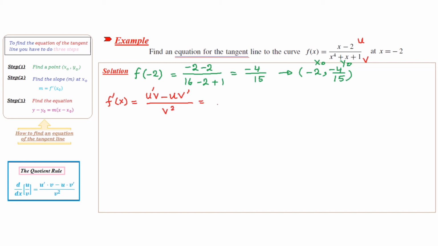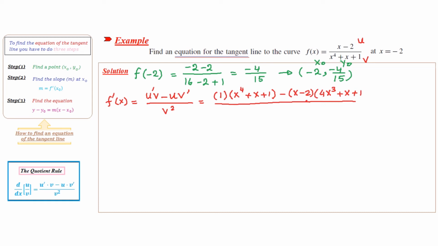And this equals u prime, the derivative of the numerator, which is 1, multiplied by the denominator x to the power 4 plus x plus 1, minus u, which is x minus 2, multiplied by the derivative of the denominator, which is 4x to the power 3